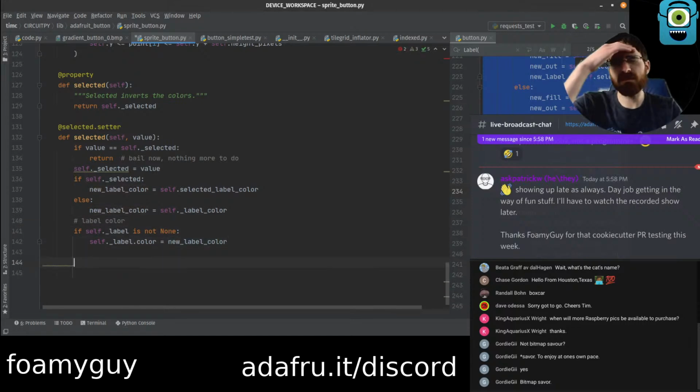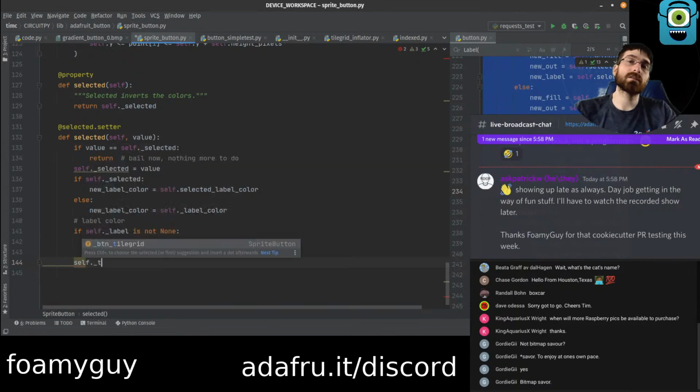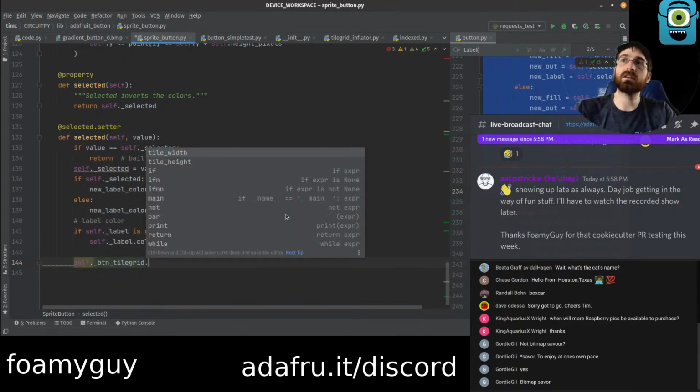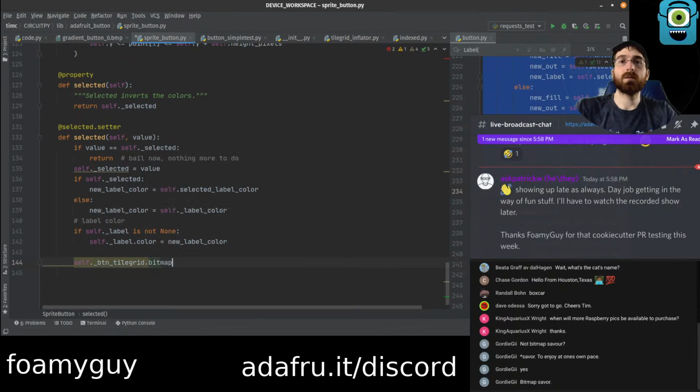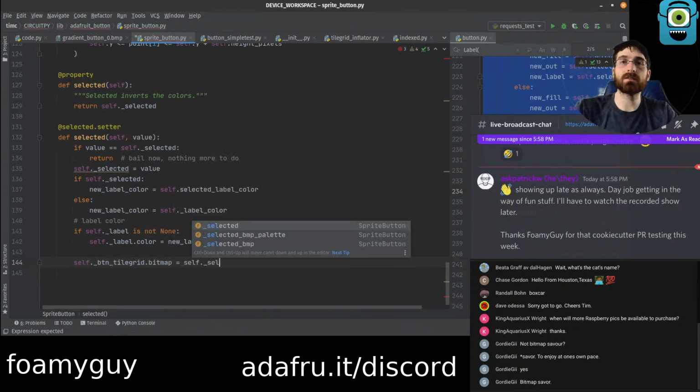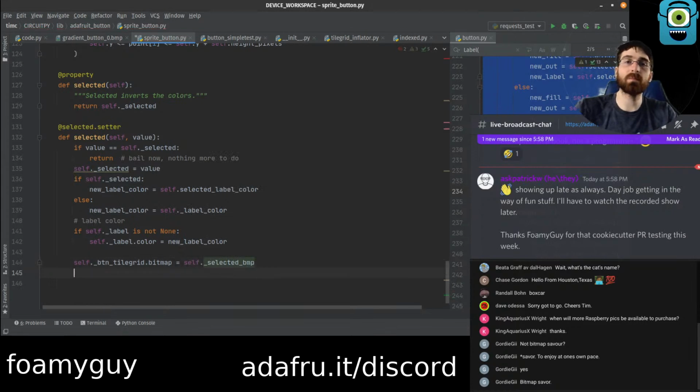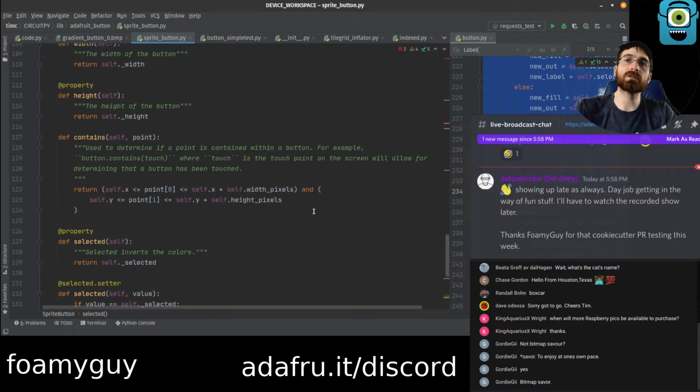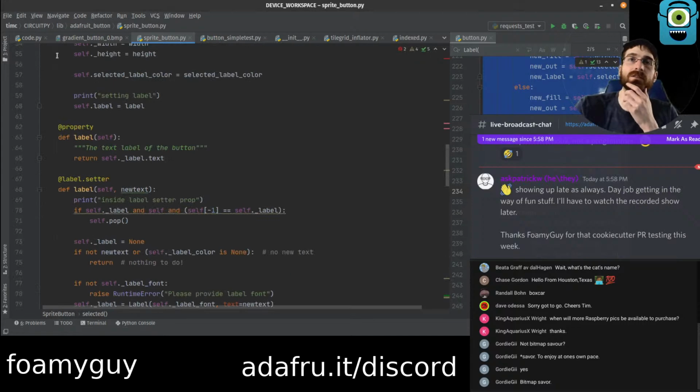And then the other thing we want to do is self.button tilegrid bitmap equals self.selected bitmap, and also pixel shader palette. Now I think our button will actually change colors. Oh, but I didn't actually pass one, so no, it still won't.